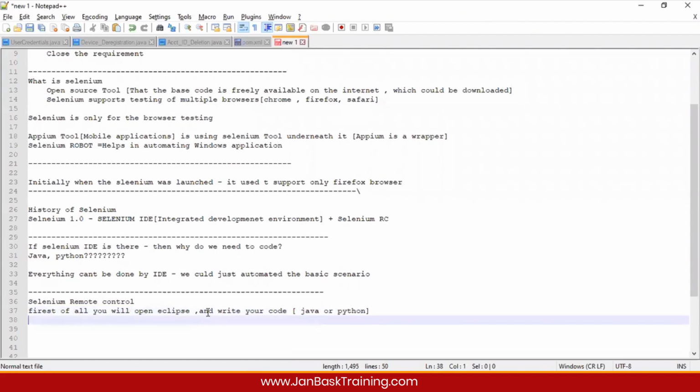Once you have written the code, now that code is written. Now you need to interact with the browser. Am I right? Now you need to work with the browser. So how do these commands get to know that I need to work with the browser? We have to make them relate. We have to make some connection between the browser and the code. Am I right? It's not that difficult. So once you get your hands on it, it will be easy for you, I believe so.